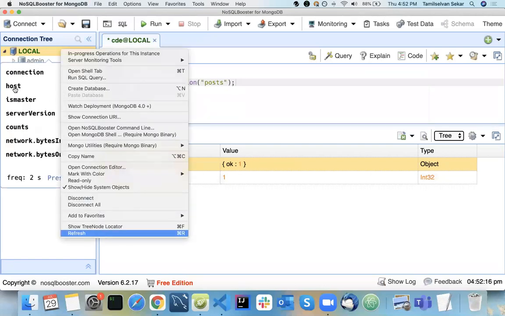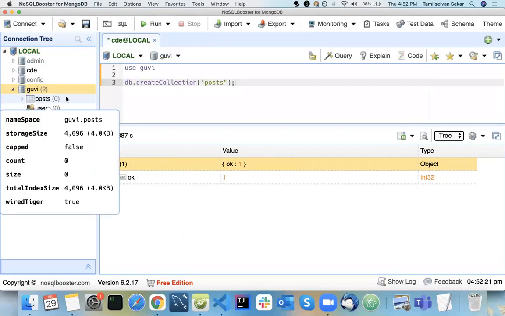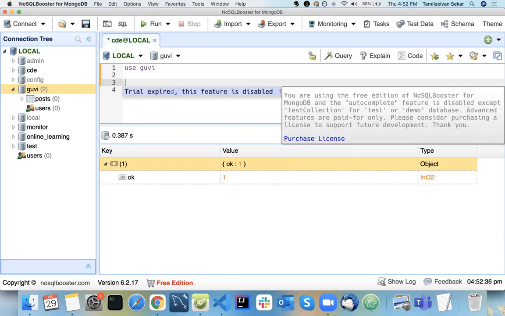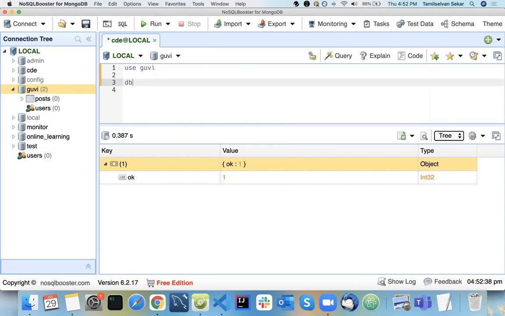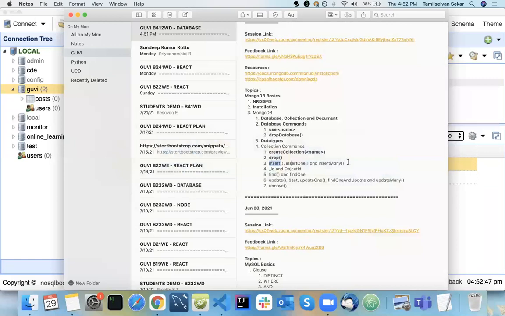See, the GUI has a collection called post, and it has zero data inside it, because you haven't inserted any data. So see how to insert data inside your collection. How do you drop a collection? Basically db dot whatever the collection name dot drop. The same way for insert. To insert data, there are three functions: insert, insertOne, and insertMany. We basically follow these.